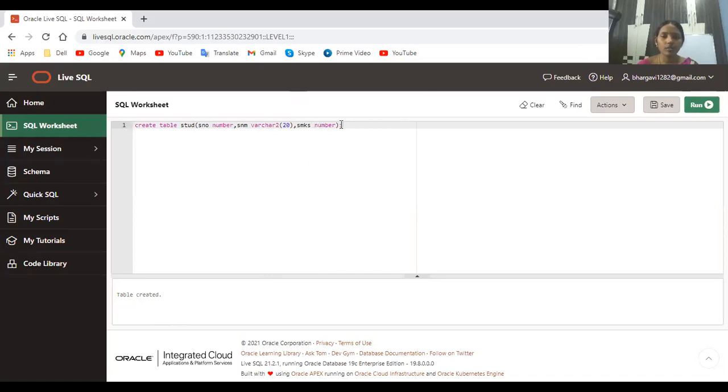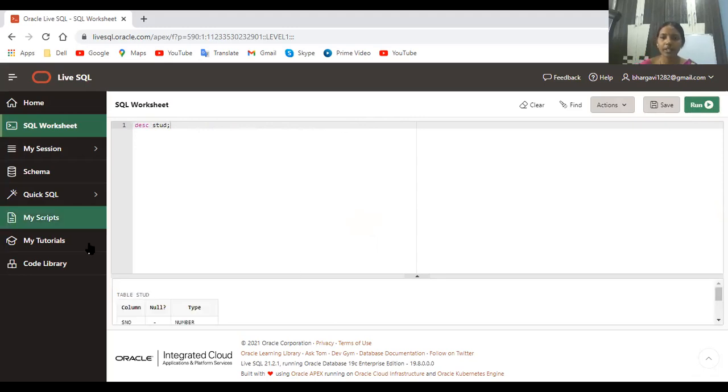Now we'll put describe. If you want to make describe, you can delete it or you can put that in a comment section. So describe student. Say run. So look here.